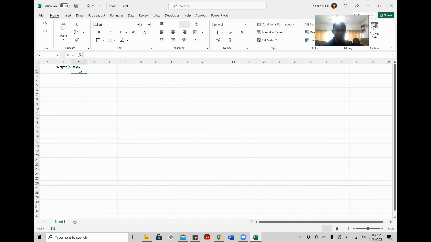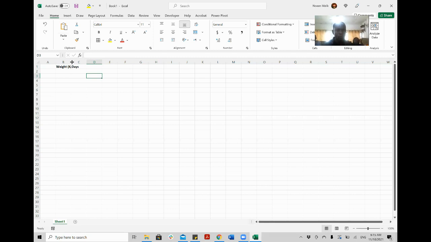And let's number the days. So you see when I wrote the kg, k is visible, g is not visible. So how do you do that? You move your mouse on the top of B and you see this double arrow come up. When I move near the edges or near the border, this arrow comes up.